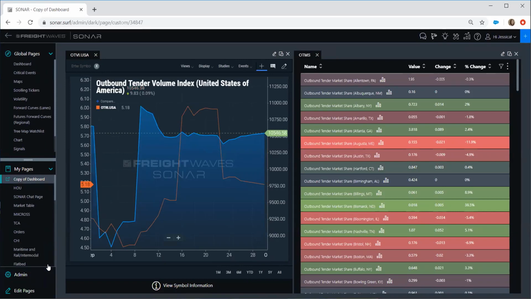If you would like to create a page from scratch, all you have to do is go to the bottom left-hand corner, Edit Pages, and a blue plus sign that says Add Page will pop up. When that page pops up, this is for you to be able to name or customize the pages that are beneficial to you. So if you want to create this around a market, around a customer, or a specific data set,